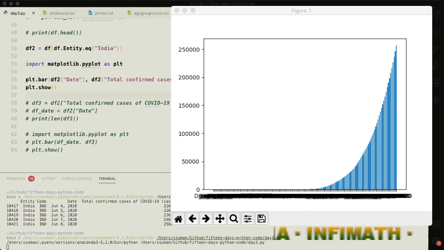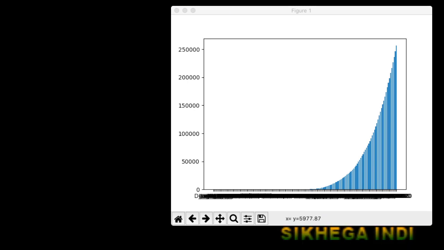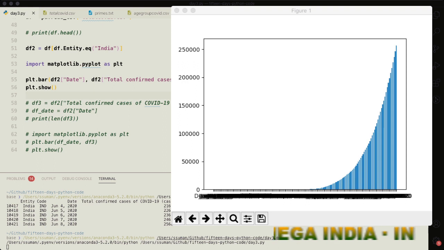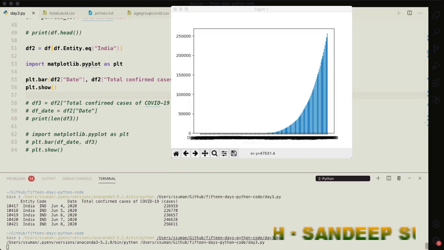In the beginning we have very few COVID cases, the bar is flat, and then you can see the steep curve getting exponential. This is a classic exponential curve, and this data tells about the severity of the COVID-19 outbreak, how fast it is growing despite the lockdown, which was somewhere in March, I think.